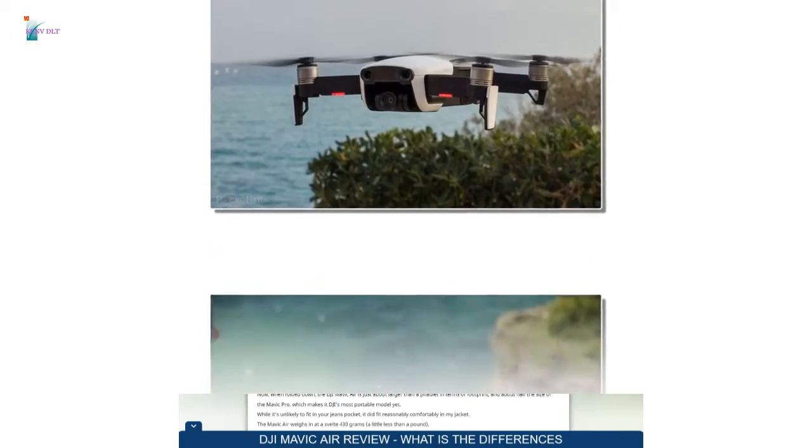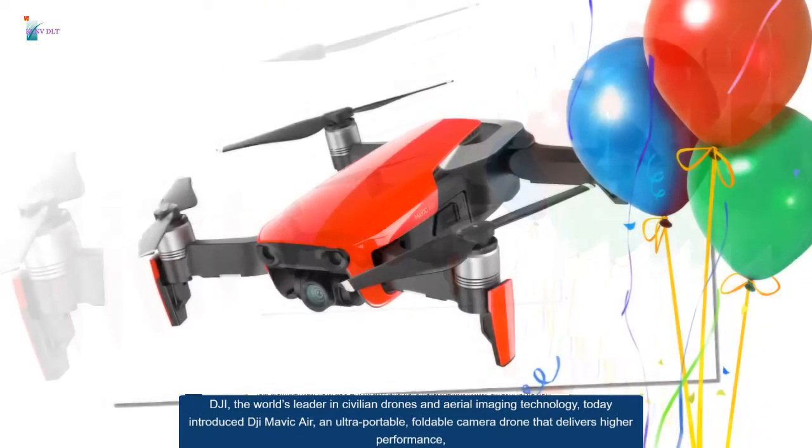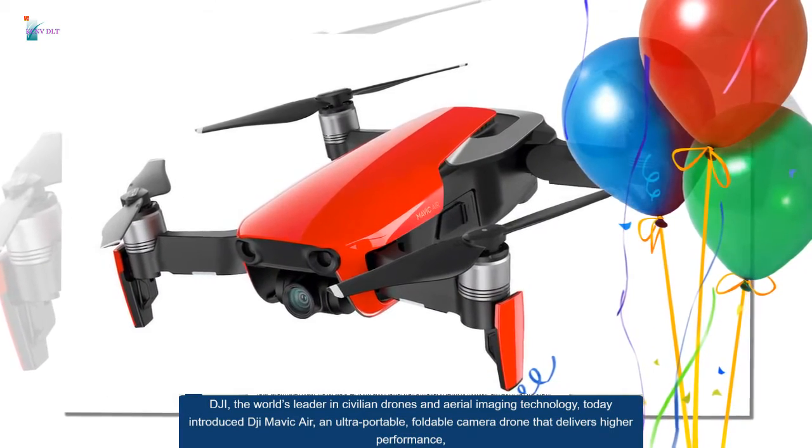This is the DJI Mavic Air review. What are the differences? DJI, the world's leader in civilian drones and aerial imaging technology, today introduced DJI Mavic Air,